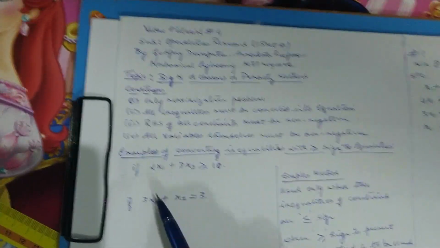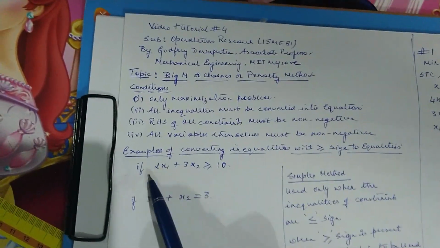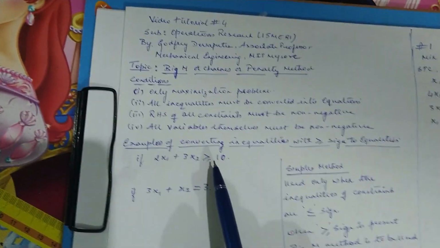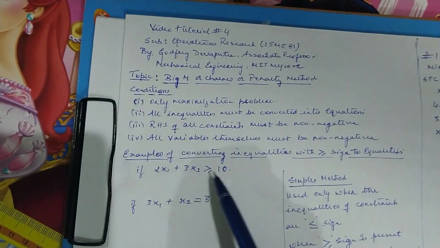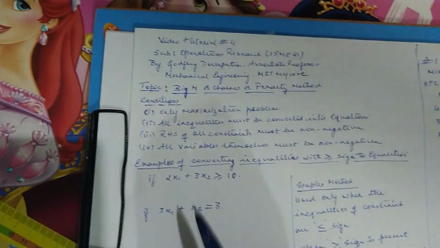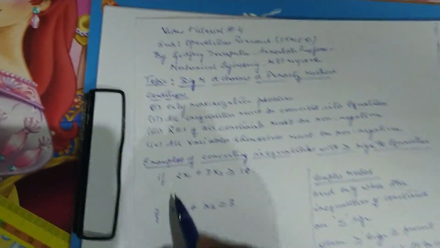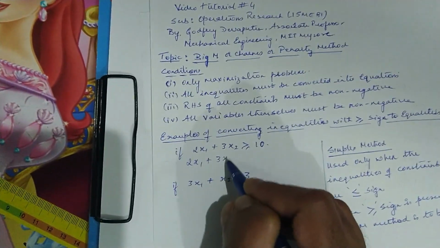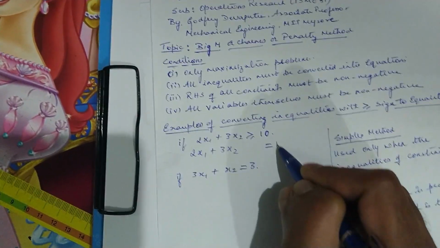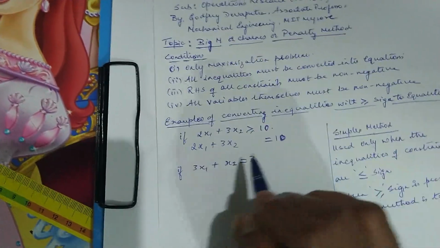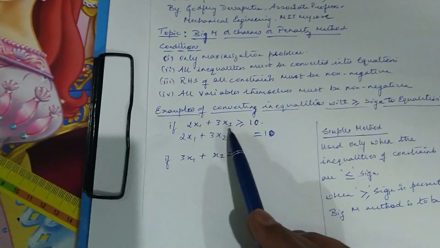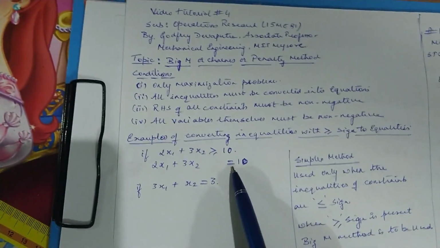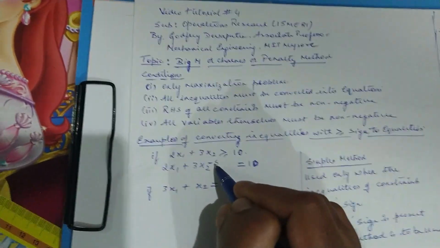When the constraints are given in the form of, say for example, 2x1 plus 3x2 is greater than or equal to 10, in order to convert this into an equality, just like the earlier procedure that we had adopted, I'm going to write this equation once again. 2x1 plus 3x2 should be made equal to 10. Now, as we have discussed in the earlier video, the logic of this equation says that 2x1 plus 3x2 is already very much greater than 10. So in order to make it equal to 10, I'm supposed to subtract something. So let me subtract something here.